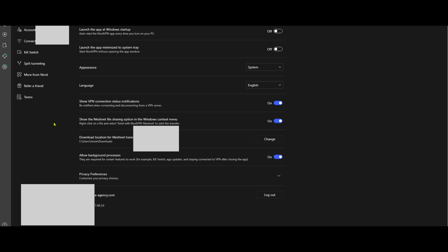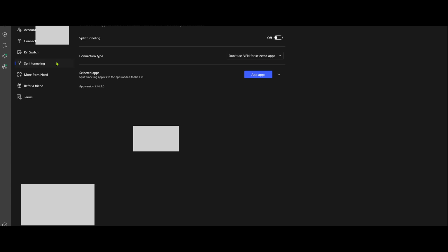Once you click on Settings, you'll be presented with various options. One of those options is split tunneling. This is the feature we want to explore. Split tunneling allows you to dictate precisely which applications or websites will bypass the secure VPN connection and access the internet directly. This can be particularly useful if you want specific services to operate at full speed while keeping others